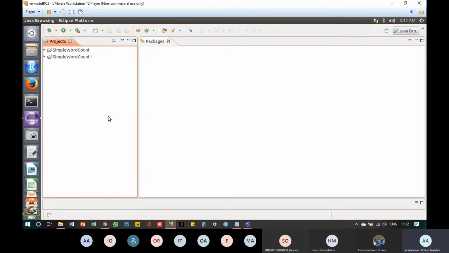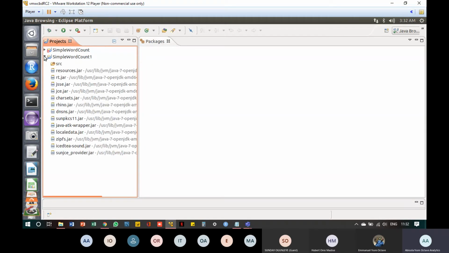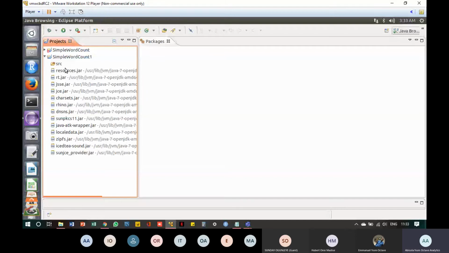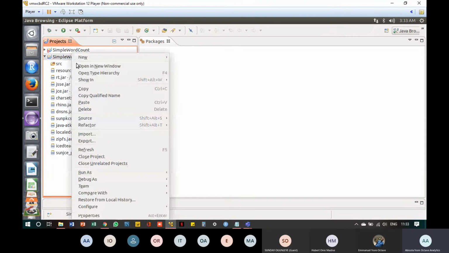All right, so let's move on very quickly. I'm sure some of us have gone far, but let me just move on. So this was what I created. Ignore this first one and let us look at what we created. So you have this as what you created. I don't know why I have all of these files showing, but just ignore them and just follow along with what I'm doing. So now you are asked to right click on your project. This is the project we created. So right click on your project and go to build path.